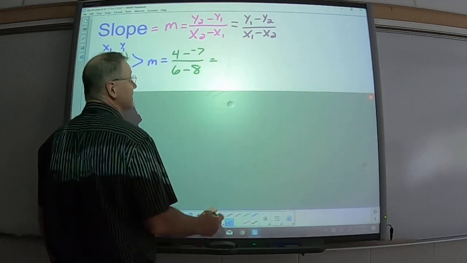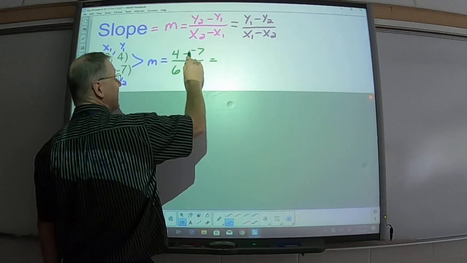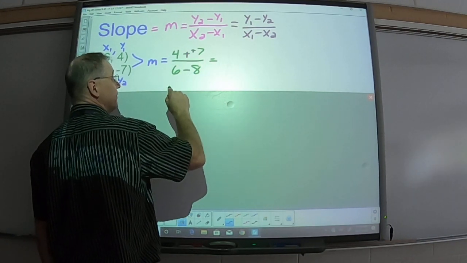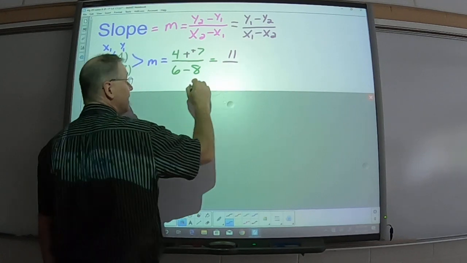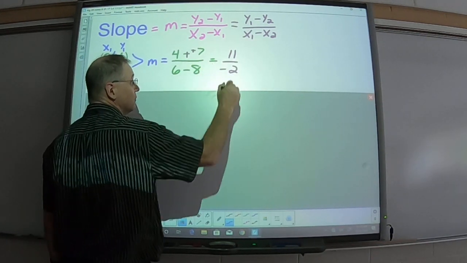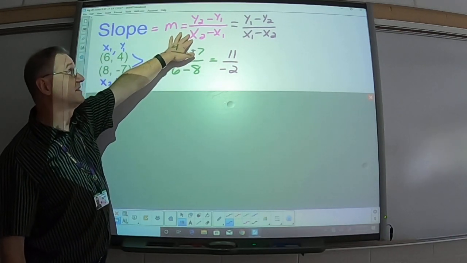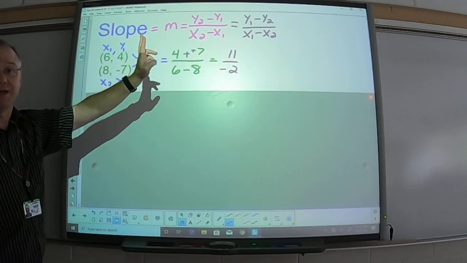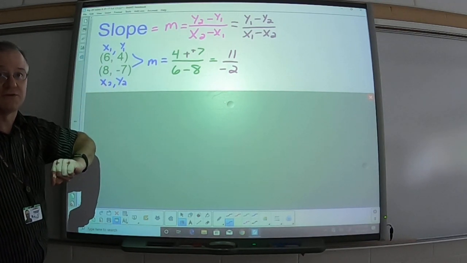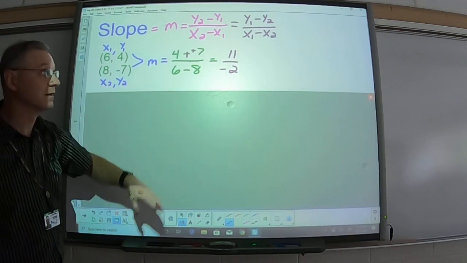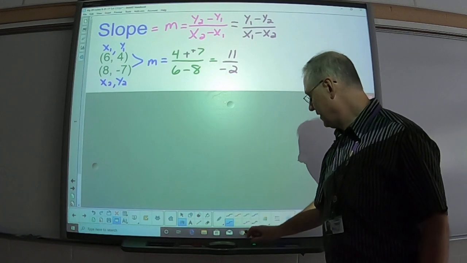The result of this, 4 minus negative is plus a positive, right? So that would be 11, and 6 minus 8, -2. Now, if I had done this formula instead, I'd have ended up with a -11 over a +2. Same thing. Whether it's written this way